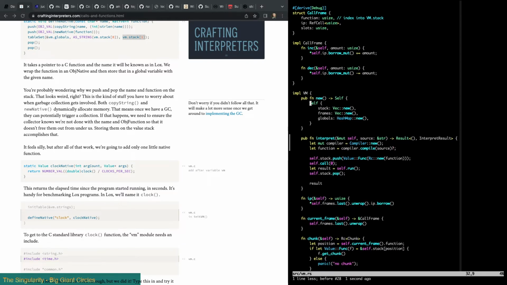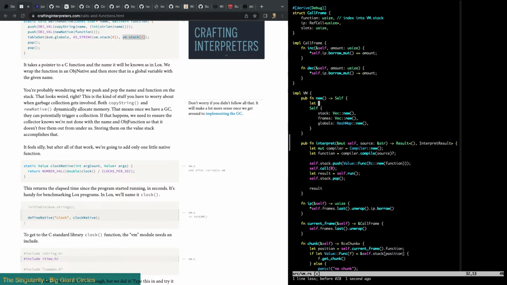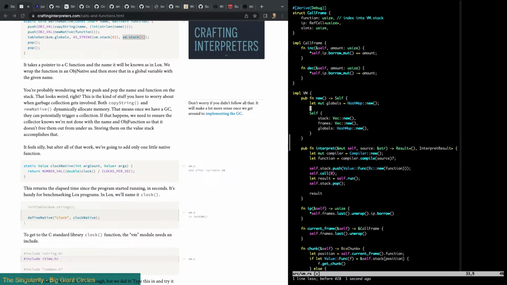Okay, so we'll say let mut globals equals HashMap new. And we'll say self define native clock, NativeClock, Rc new NativeClock.